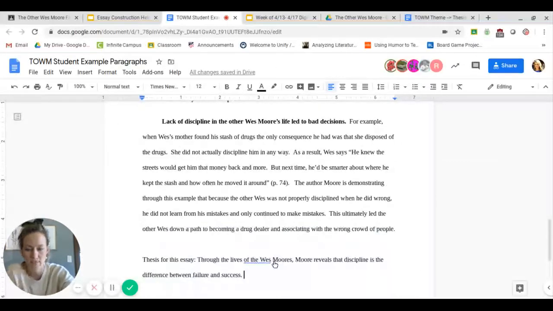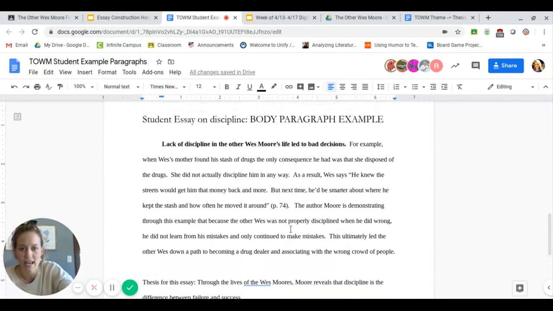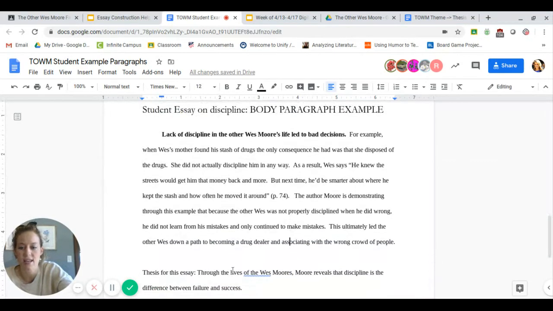So now we'll actually be looking at a student example paragraph for the Other Wes Moore essay. This one is an essay that is written on discipline, and I've actually included the thesis for this essay down here at the bottom, because that's going to be really important whenever you are designing your claim. So remember, all of this comes from the evidence first. So if you're looking at your topic graphic organizer,